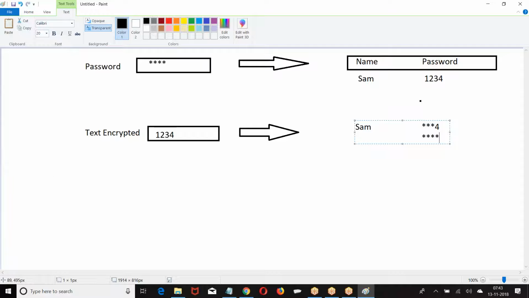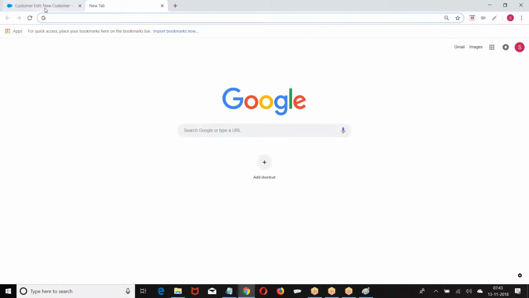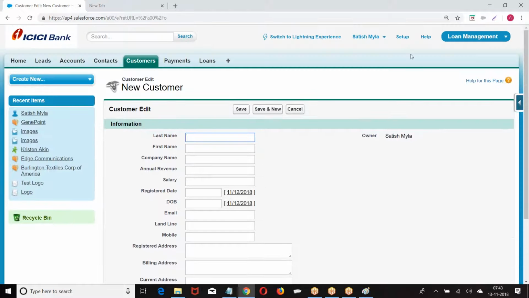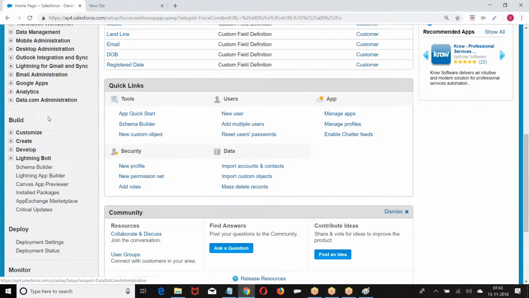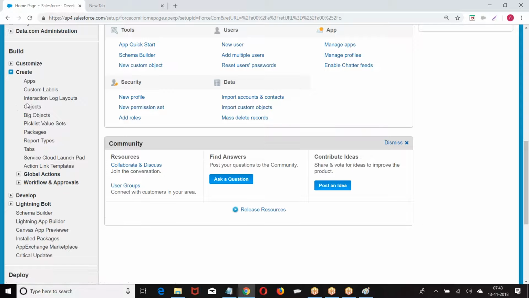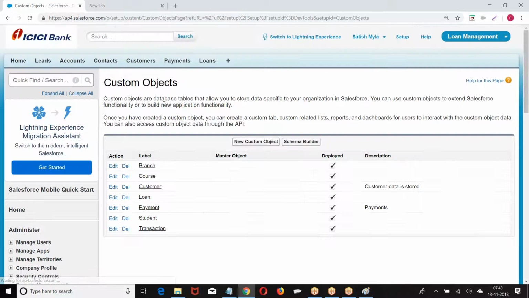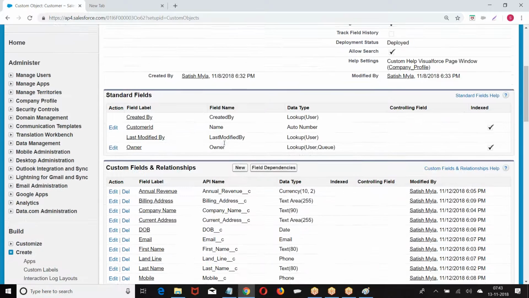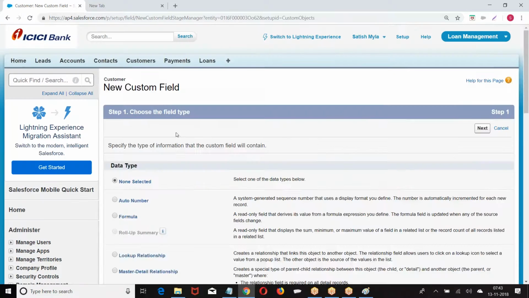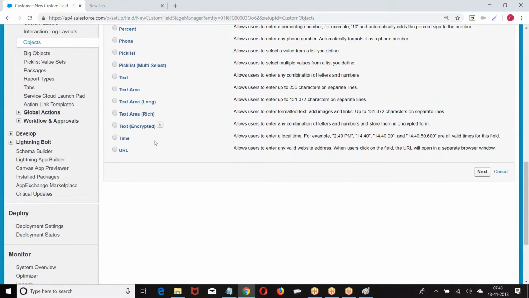Now let me give you an example. Now we'll go to setup, build, create, objects, new, text encrypted.